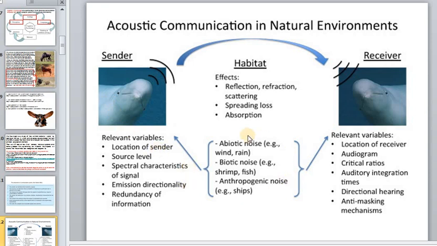But sometimes you see here these noises, biotic noises too, but very, very important now are the noises made by ships. And you know that sometimes it is very, very dangerous for some kinds of animals which live in the water and use this acoustic system for communication.